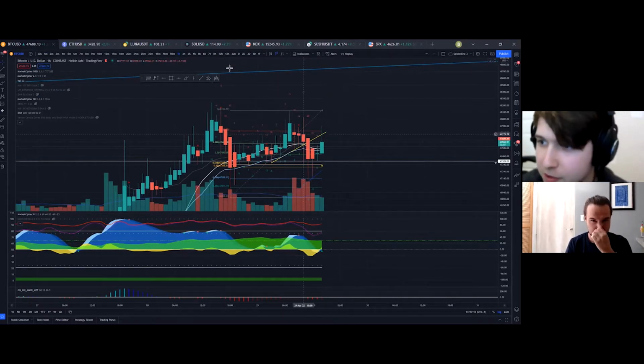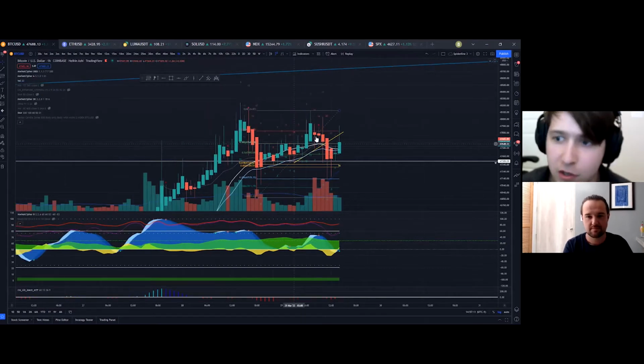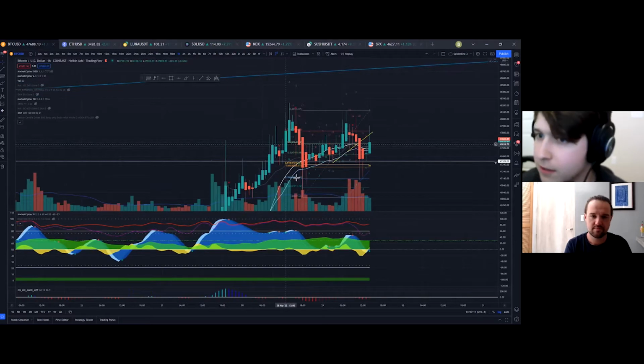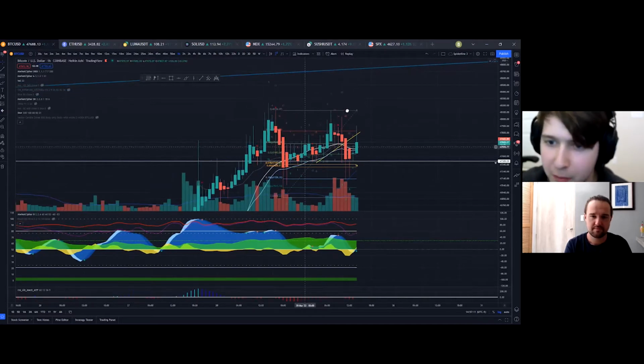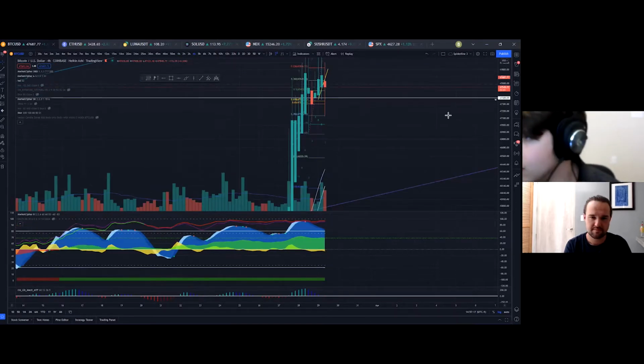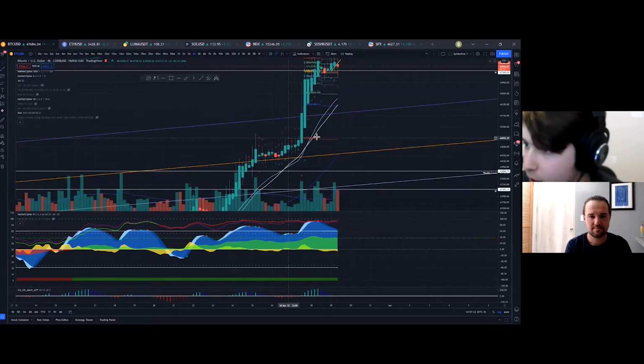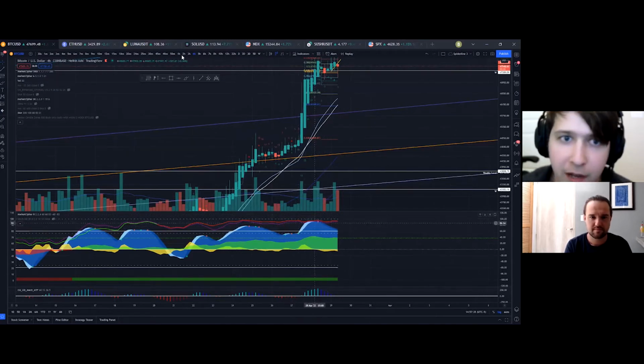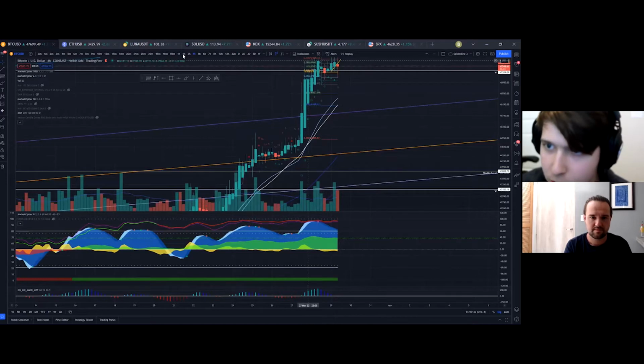What I do see for the near short term, so let's start on the 4 hour. On the 4 hour, we can see that we did get this huge momentum wave push up. This was a squeeze of shorts out of the previous range. These pictures are actually covering. Let's get rid of that. All right. Yeah. So out of the previous range at 45K, where everyone thought the top was, bang, we broke that huge impulse wave up, huge momentum wave. We got to cool off from that. So we got to zoom in a little bit to see how that cool off is going.